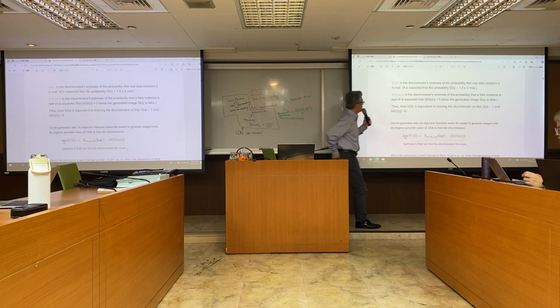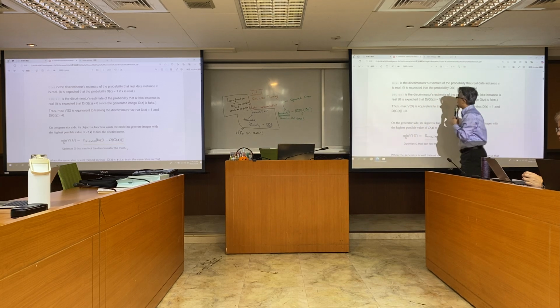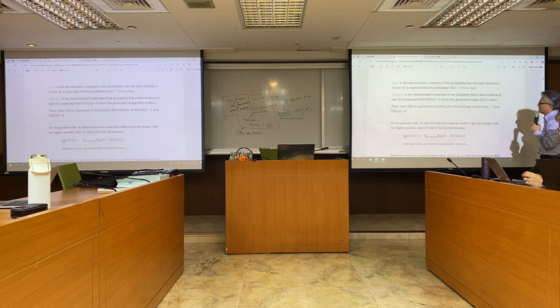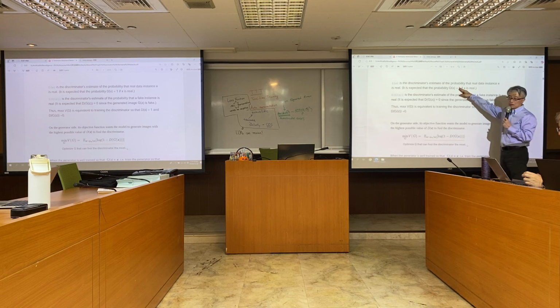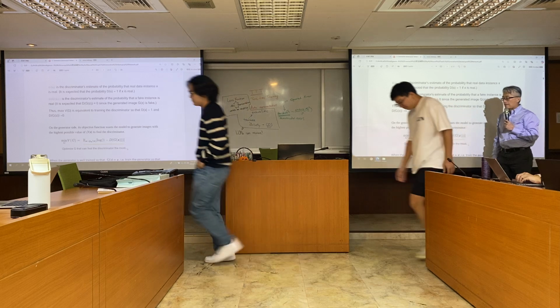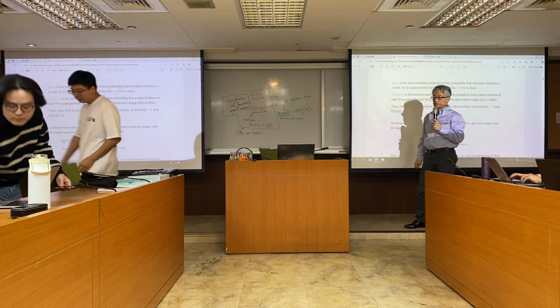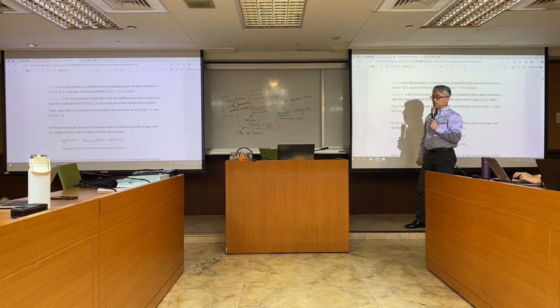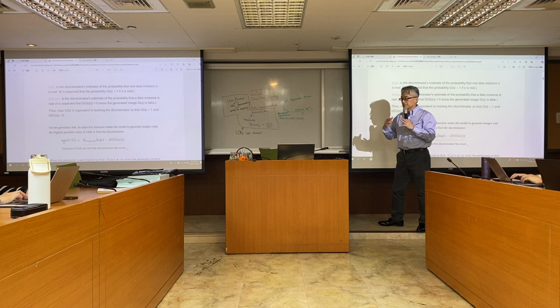So the D of X is the discriminator's estimate of the probability that real data instance X is real. So it is expected that the probability D of X is equal to 1, the discriminator's output. Or fixed max, this is the fixed max, and then it just